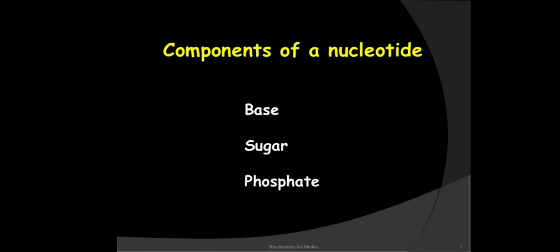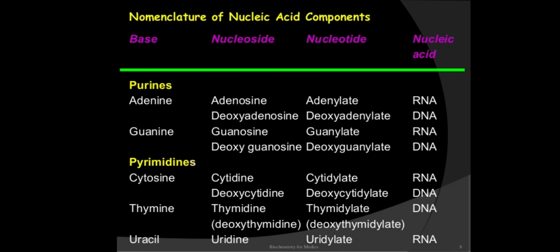Next slide. So let's look at the components of nucleotides in DNA. We have base, sugar, and phosphate. Always remember that every type of nucleic acid has nucleotide components, and the components of nucleotides are the nitrogenous base, sugar, and phosphate group. Okay, next slide. This is the nomenclature of nucleic acid. It summarizes the base, the nucleoside, the nucleotide, and the nucleic acid of the different nitrogen